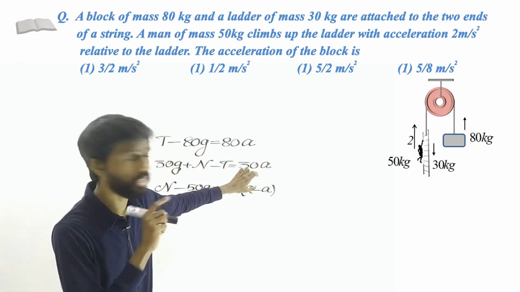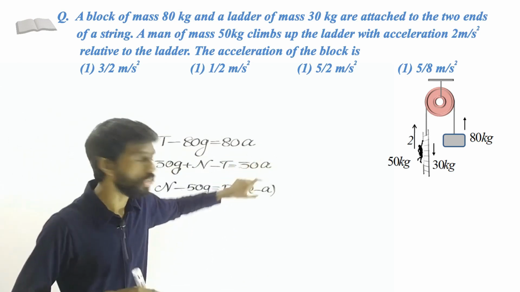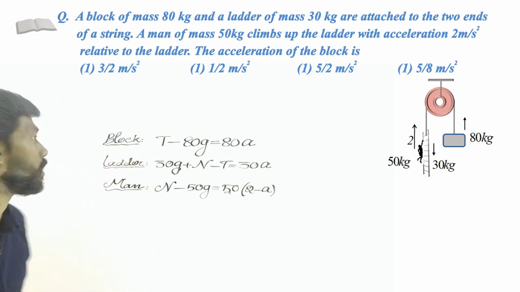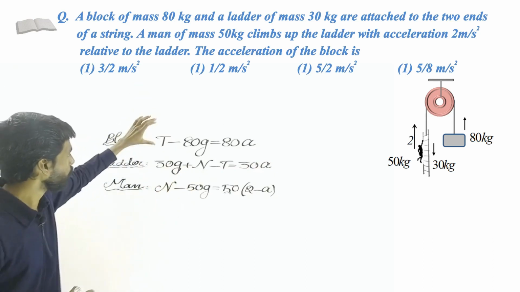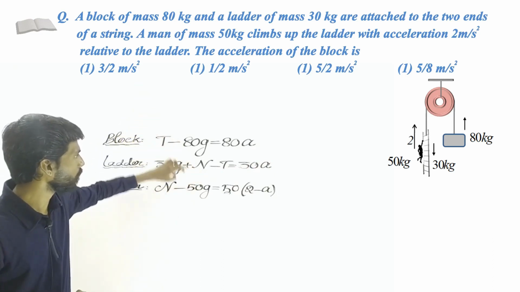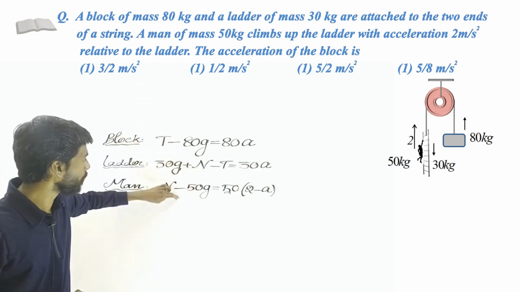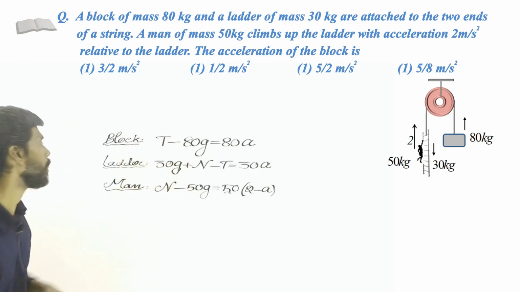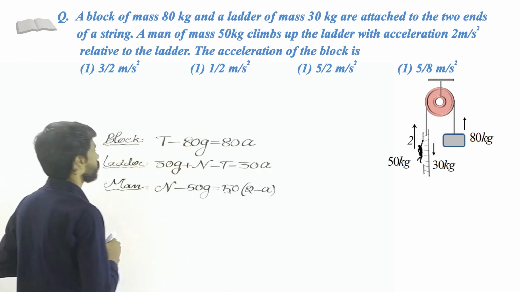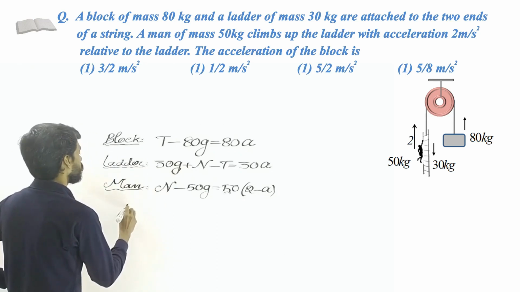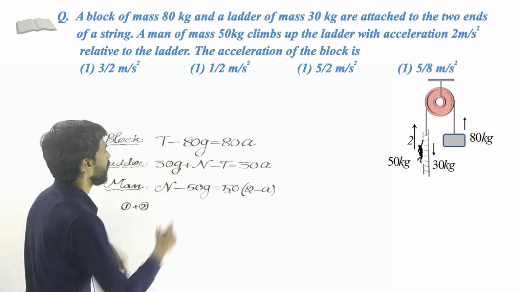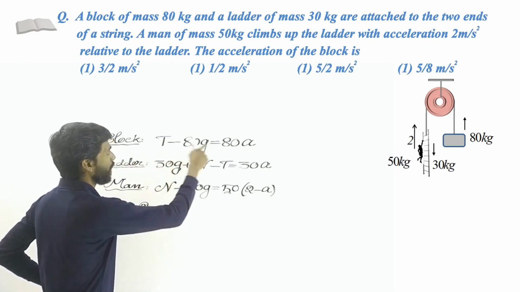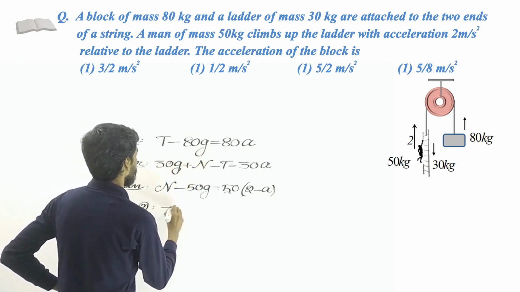I think a is what we need to find, the acceleration of the block, that is a. So we have to find a by solving these equations. So how will you solve? We don't want the tension and the normal force. If you add these two, the tension will get cancelled, and if you subtract, the normal will also be eliminated. So first we add these two equations. If you add the first and second equations, the tension will get cancelled. So 30 g minus 80 g, that equals minus 50 g